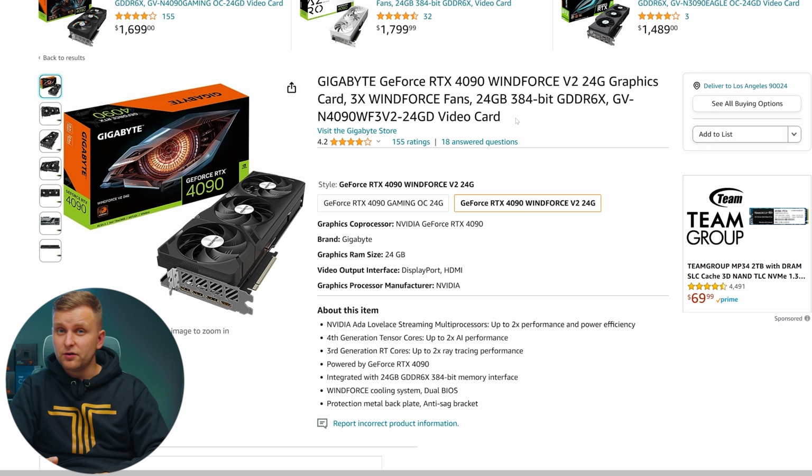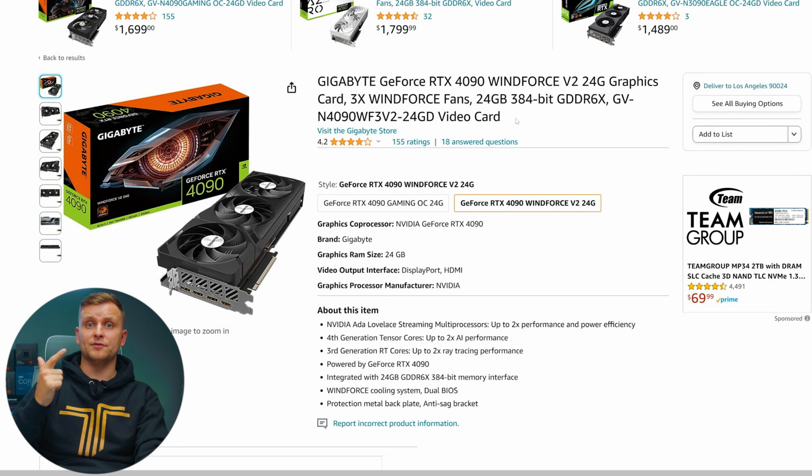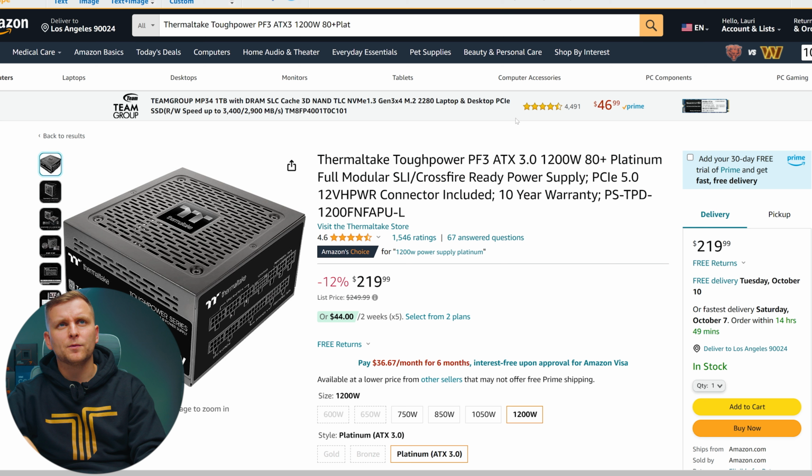But also, if you're doing video editing, the 24 gigabytes is very important if you're working with larger than 4K resolution. But if you're a photographer, I wouldn't recommend getting this, but generally this is a really, really good card in video and 3D. For power supply, we're going to be upgrading this to Thermaltake Power 1200 watt 80 plus